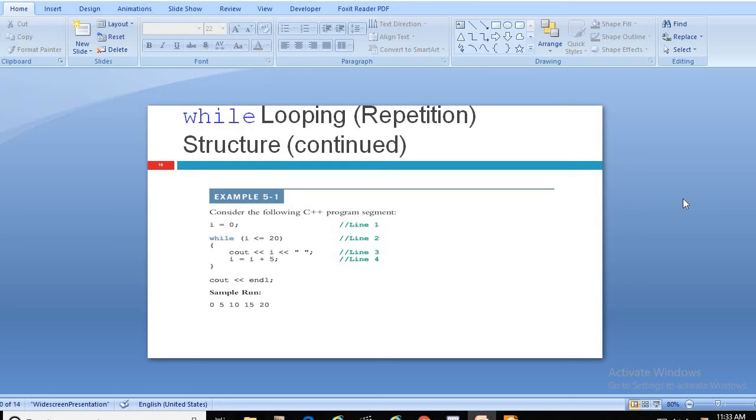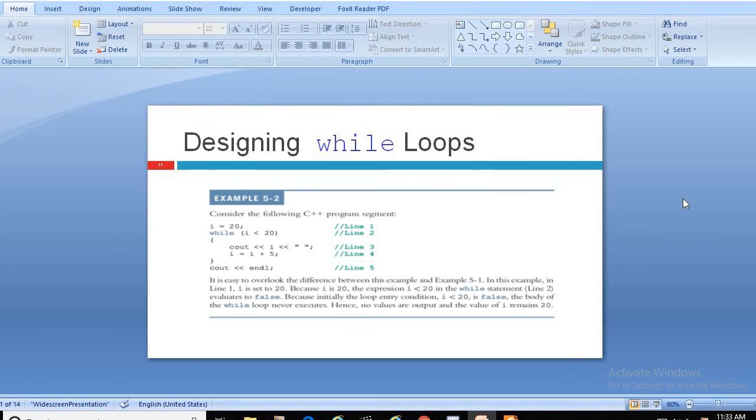Similarly, consider another example in which we have the variable I. The value 20 is assigned to the I variable. Is 20 less than 20? No, not at all.